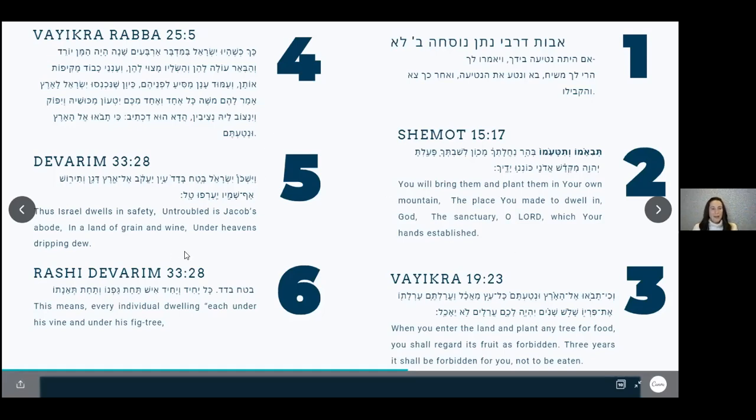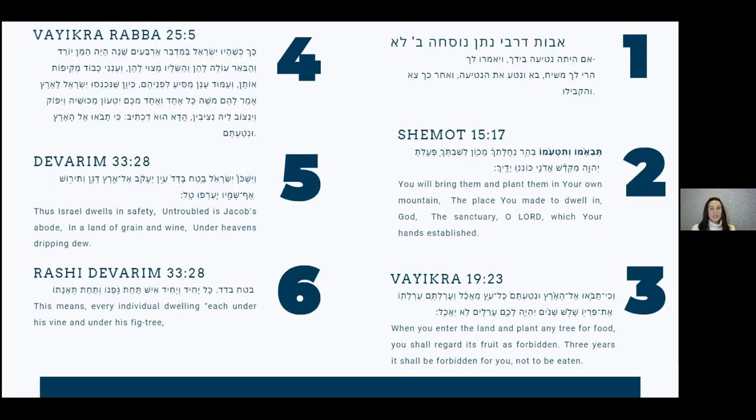And we'll just look at a couple final sources here. Also in Sefer Devarim, Vayishkon Yisrael betach badad. Interestingly, and I find this phrase particularly jarring in the intersection in the world in which we find ourselves now, it says that Israel dwells securely, and it's interesting that the word badad is used there, implying that there's an element of alone, which is interesting to think about, the isolation factor, and yet that isolation is also juxtaposed to security, that sometimes it is in that place of aloneness, the place of oneness with self, that we're actually able to find what betach really truly means, and to be able to find that sanctity and that protection